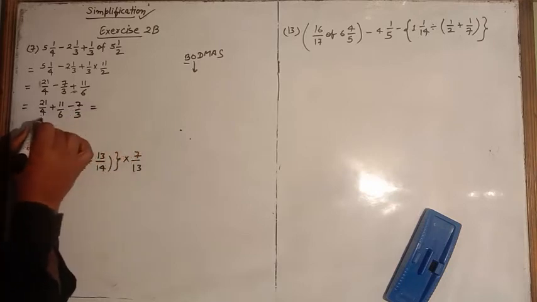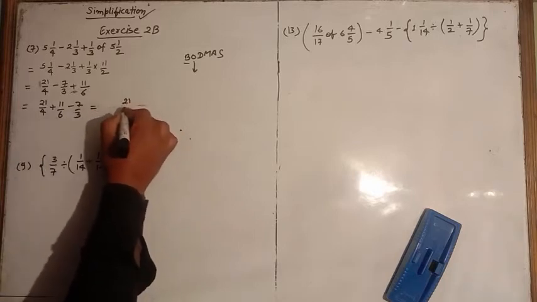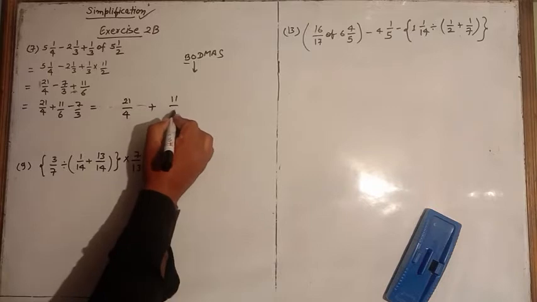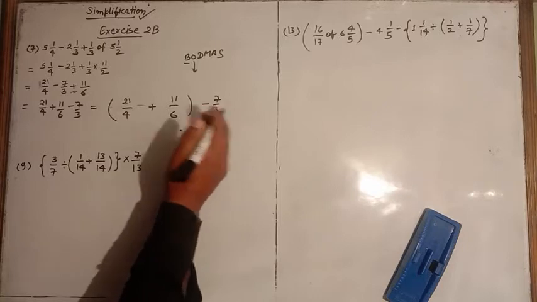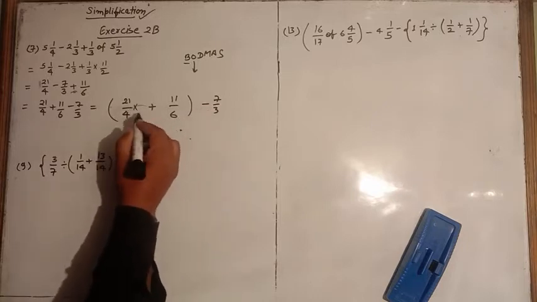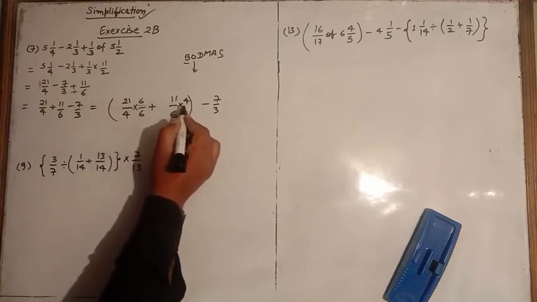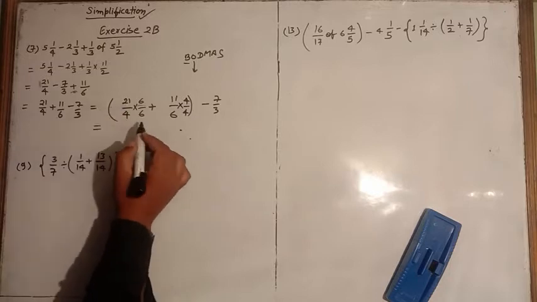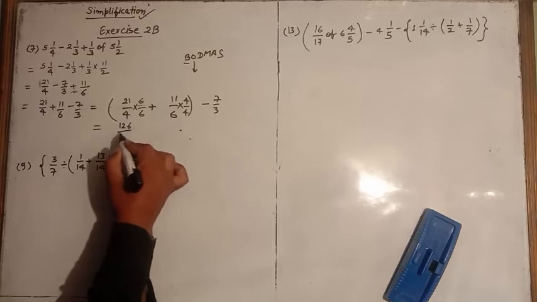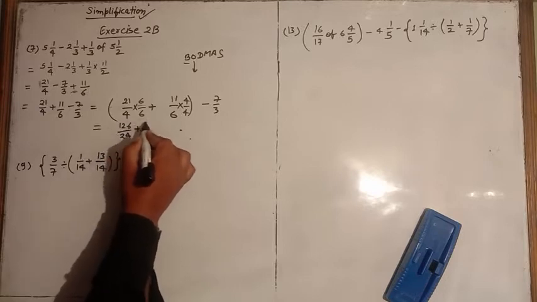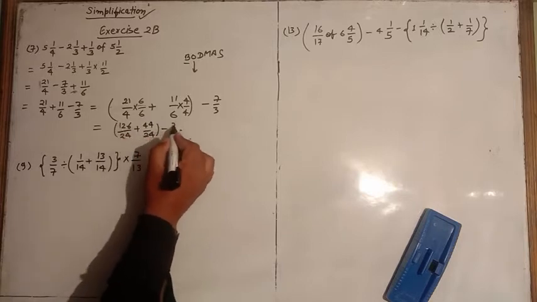So it will be equal to 4 and 6. How will we add? You can write it as 21 upon 4 plus 11 over 6, and this one minus 7 over 3 you can write outside. So here you multiply with 6, and here you multiply with 4. Now it will become 6 ones are 6, 6 twos are 12 upon 4 sixes are 24, plus 44 upon 24. Now first you add both, then you can subtract.